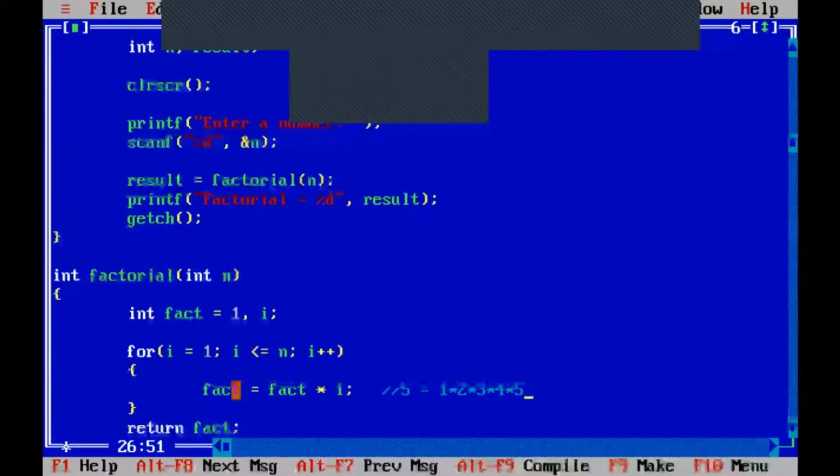has come inside fact. Then i will be 3, 4, 5, right, and inside it in the end all the multiplication will come, the multiplication of 1, 2, 3, 4 and 5, so this will be 120 and finally i will become 6, so it will not be less than or equal to 5, so the loop will break, and inside fact is our factorial value that we are going to return to our function call right here, so that value will come and get stored inside result, and then after that we will try to display it on the screen.